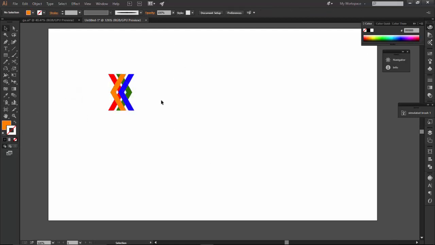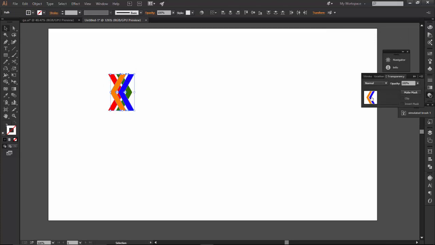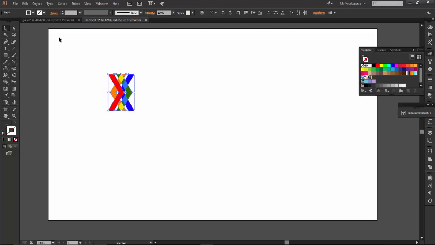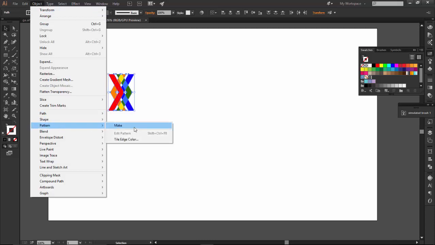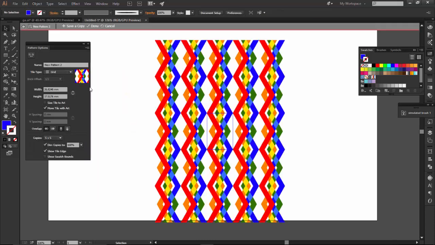So we have that. You can even decide to pick these two and change their blend mode to either screen or overlay or soft light. I think I like the screen. Let me check others. Hard light. No, soft light. Color dodge is okay. Okay, so I think I like the color dodge. So the next thing to do is select everything, come to Object, Pattern, Make, making it a pattern,